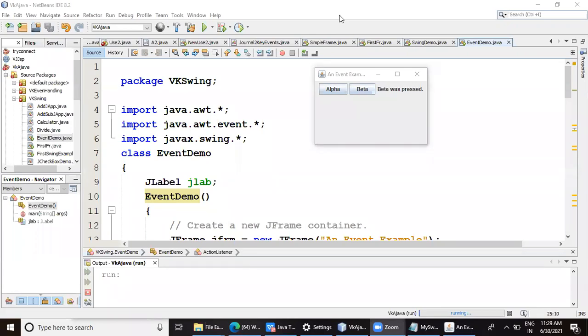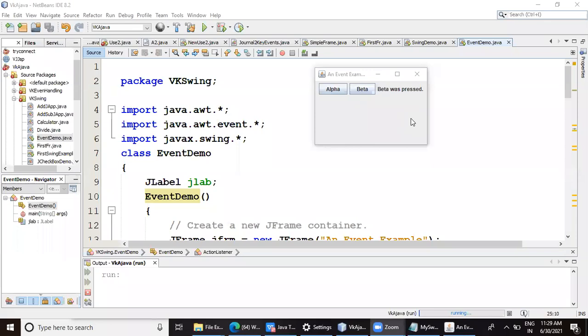There is a method which would tell us the name of that button or the text on the button, whichever is clicked or pressed. Yeah, get action command, very good Kala. So using get action command we first identify which button is pressed, and accordingly we could write this message. So you can write your program using that traditional way also.